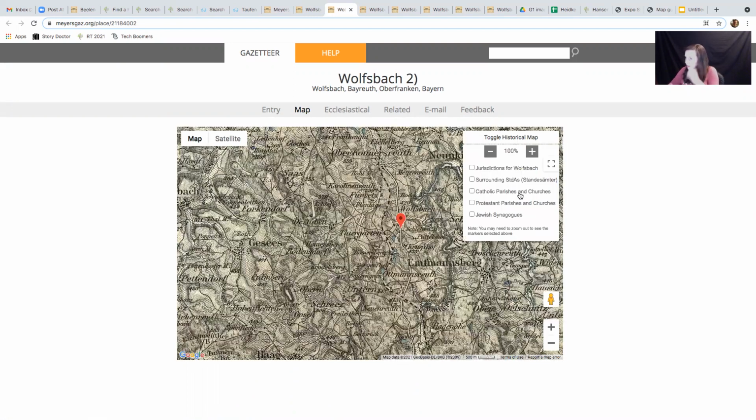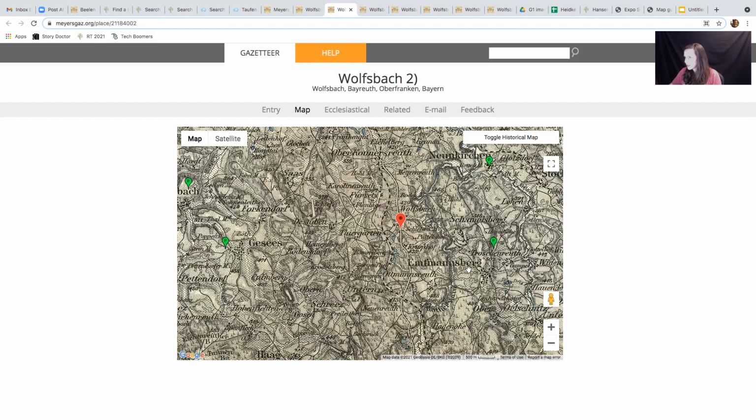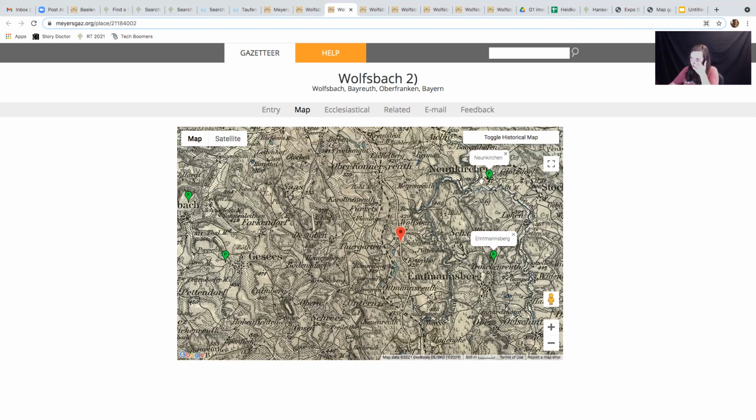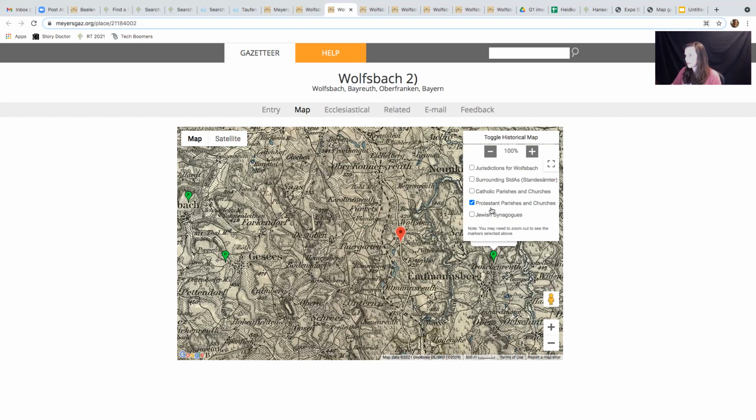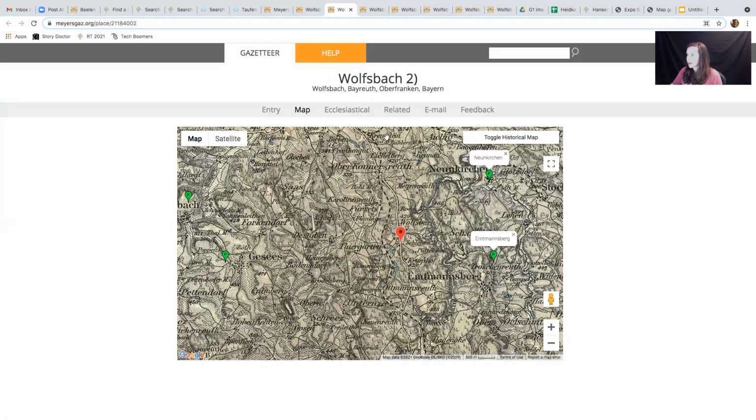Sometimes when we look at, this one was actually Protestant. Look at the Protestant parishes. Sometimes there are two that are pretty equidistant. So we're like, well, Meyer said that Emtmansberg was the closest one, but let's also try Neunkirchen, because that is pretty darn close, and depending on the road there, maybe one was better than the other to go to. Okay, and those are Protestant parishes, and so we can look for that on Family Search, and we can also look on